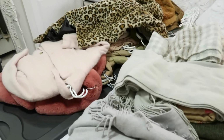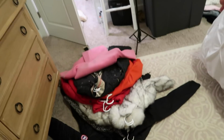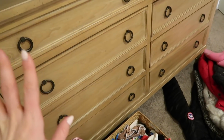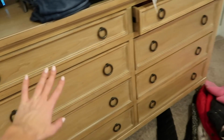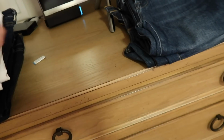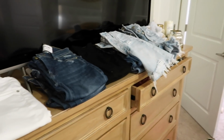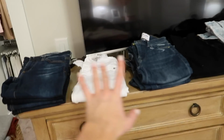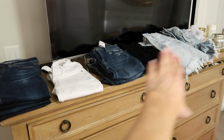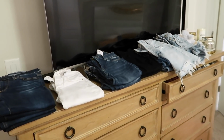So yeah, I think this is the last section I'm gonna do with you guys on this closet clean out video, because I feel like it's getting pretty long and I need to go through my dresser, but I do feel like it's just pajamas and jeans and then underwear and bras and stuff. And I've already gone over jeans with you guys and how I am going to narrow them all down. I obviously have a ways to go, being that I've got quite a few piles here, and I'll be adding to these tomorrow as I try on all the ones in here. But from there, I'll be doing the same thing all over again. I'll be trying on all of these again and narrowing them down again until I have the very bare